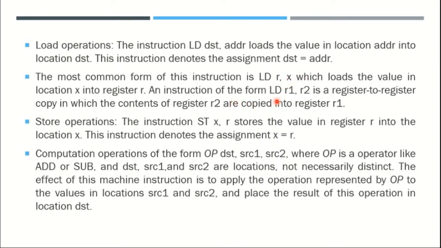For example, there is another instruction in the form of ld r1, r2. Here r1 and r2 are registers. So here we are copying or loading from register to register. Compare the previous one, ld r, x, and ld r1, r2. Both indicate the same operation, but this is a register to register copying operation, and the other is one value to another value, or one variable or address to another address copying instruction.